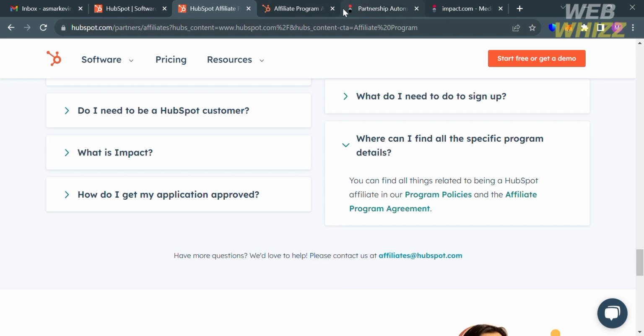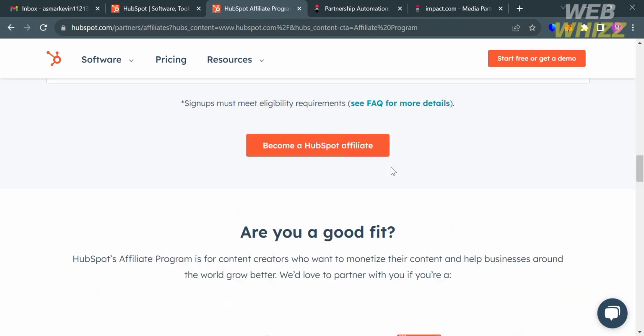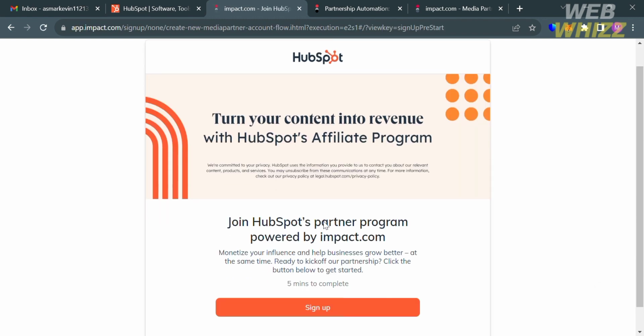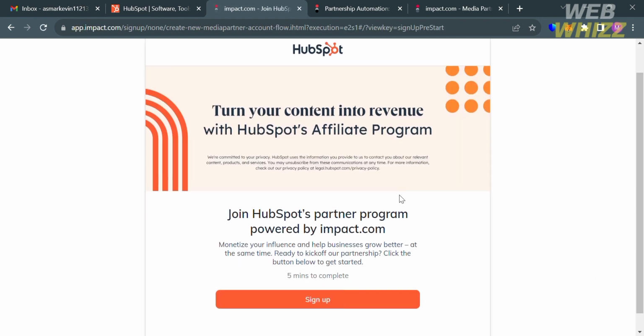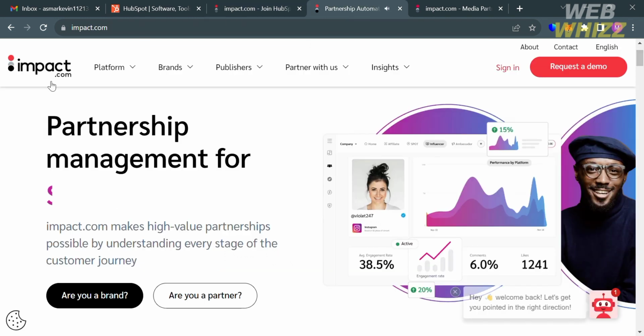Now going back to this page, to start joining the affiliate program of HubSpot, all you need to do is to simply click this button, Become a HubSpot Affiliate, in which upon clicking on it, you will be directed to this page. And it says here that the HubSpot Affiliate program is powered by impact.com. So the next thing that you need to do is to simply click the sign up button, but before that,